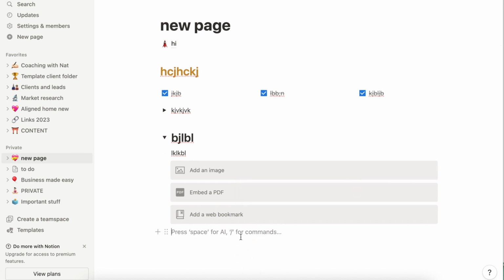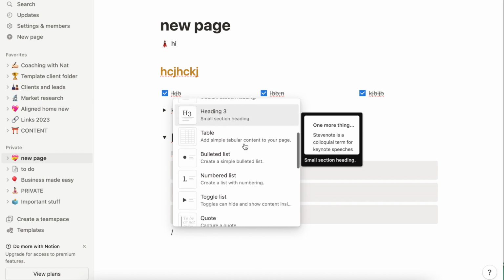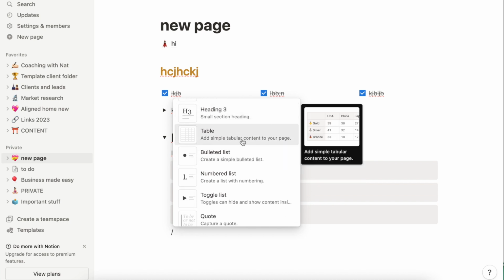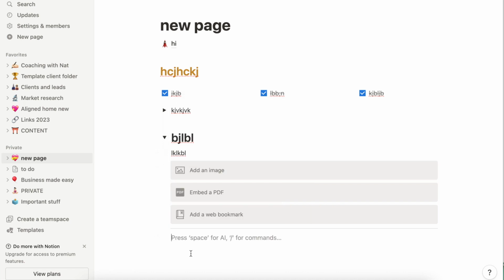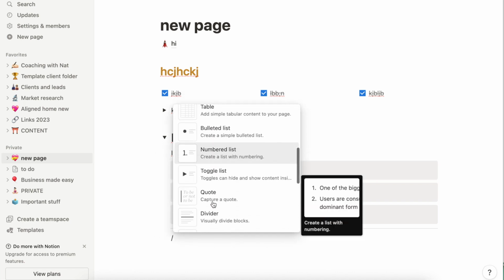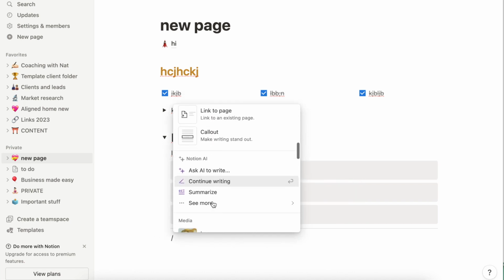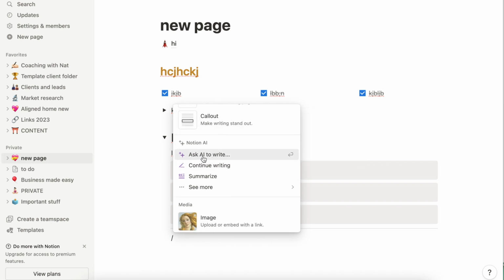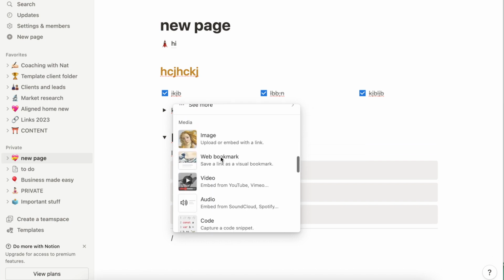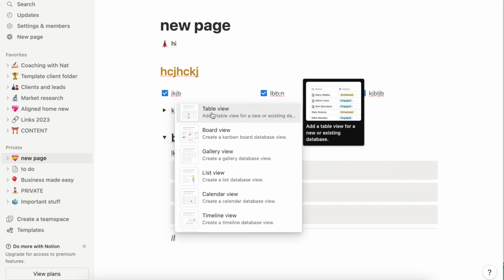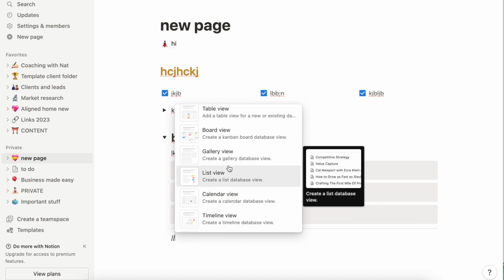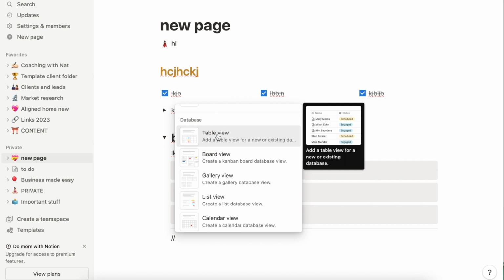that you can access. Here is everything you can actually do: a bullet list, a table, numbered list, quote, a divider. So many things you can do here, and you can also use AI, but it only has 20 AIs to use. I will not go into tables, but they are really interesting, and I might do a different video to explain how tables work over here, because you can